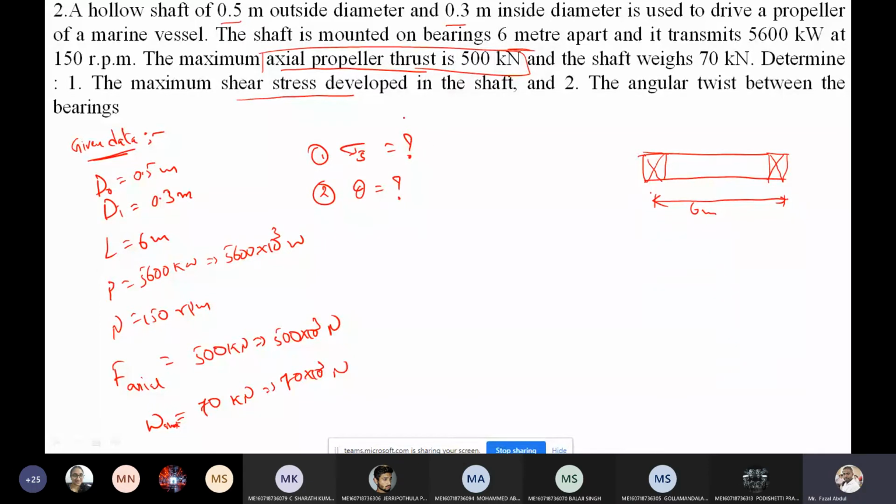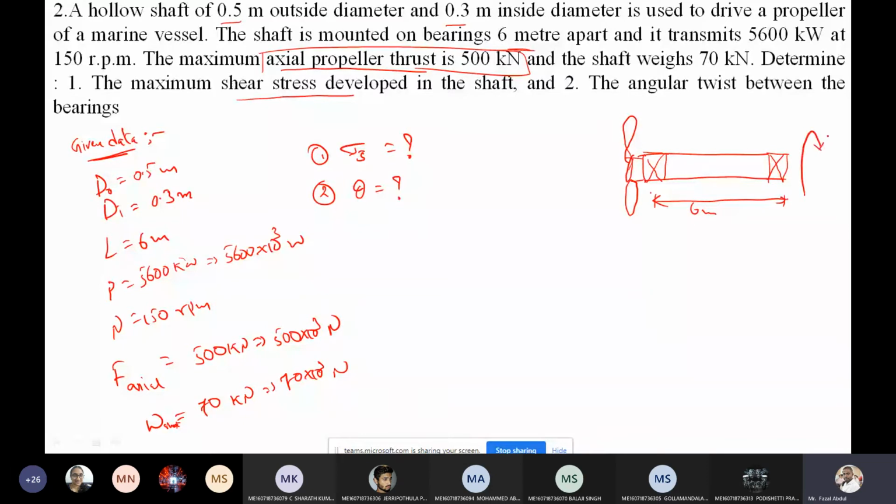Before solving the problem, first we need to identify the given problem. The question belongs to which category? So see here, based on the given question, the shaft is a hollow shaft, with outer diameter and inner diameter, that drives a propeller of a marine vessel. Propeller of a marine vessel means like this is the one. Okay, this is a marine propeller, because of continuous rotation it is transmitting the power.